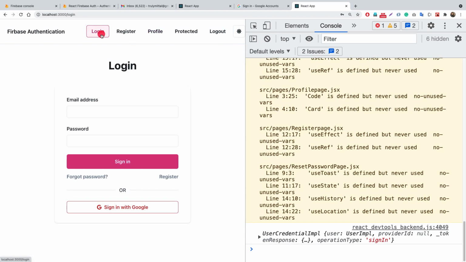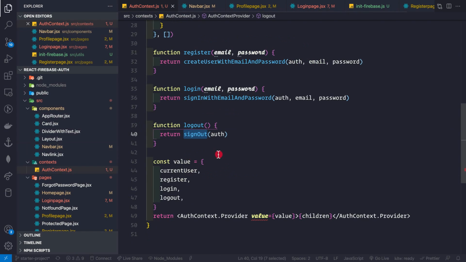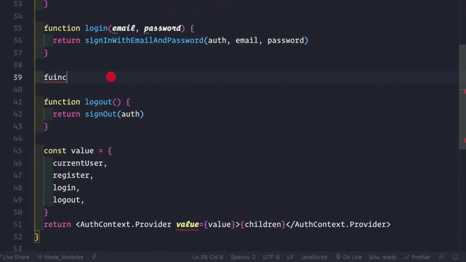So let's do one more thing, that is how to sign in a user with a Google account. That is again pretty simple to do. We need to again do a couple of things inside the auth context. So let's go to the auth context here, and here we can simply create a function again here. So function sign